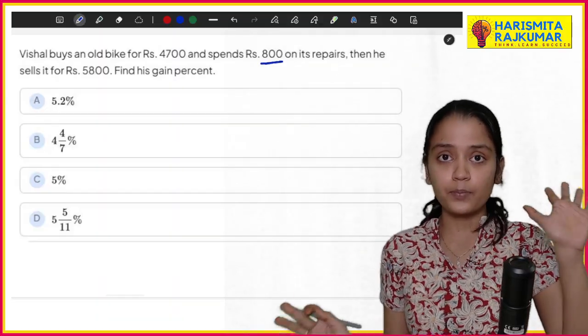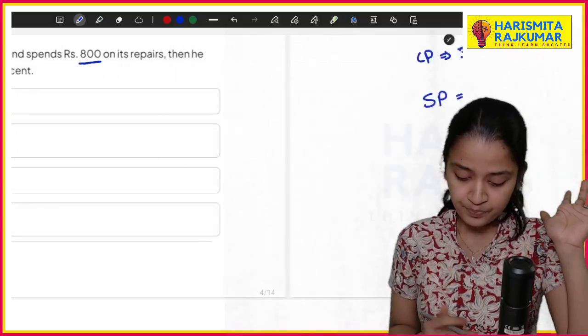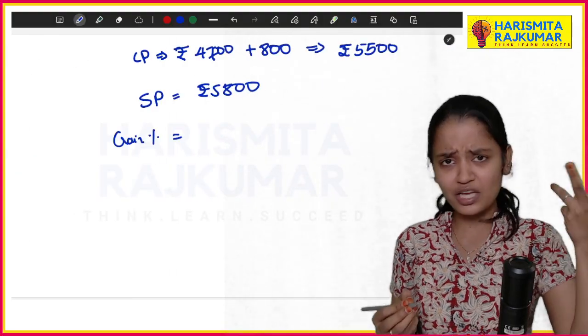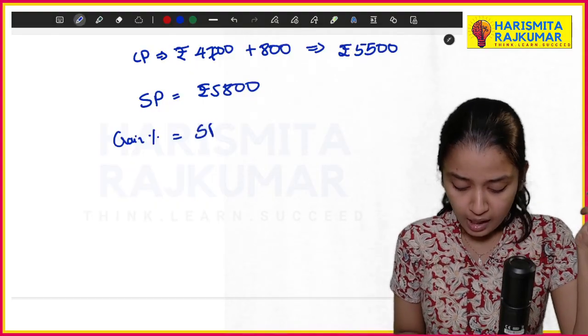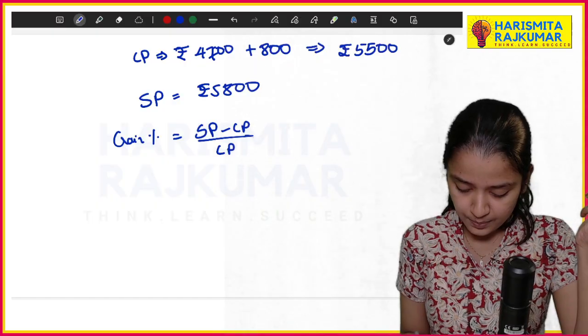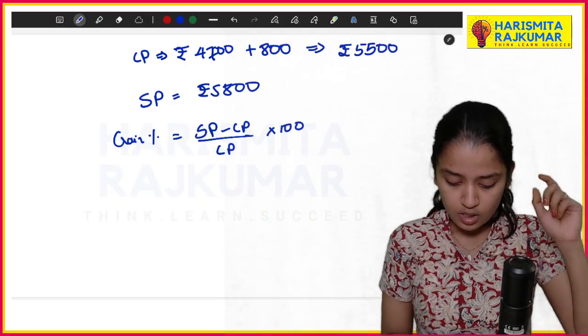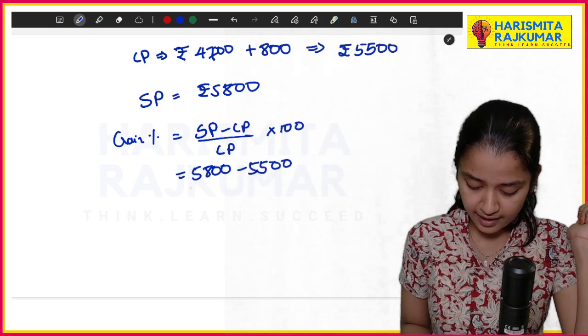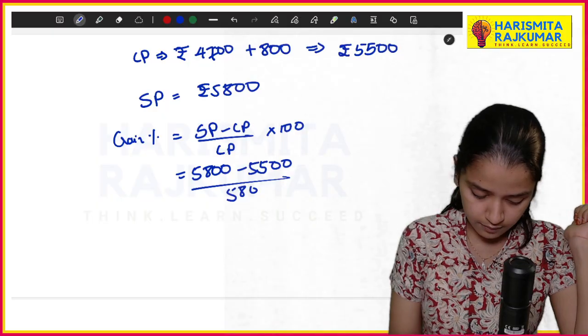Which means it is a profit. They gave it as a gain. So what is gain percentage? Gain percentage or profit percentage uses the same formula: (SP minus CP) by CP into 100. Which is nothing but (5,800 minus 5,500) by 5,500